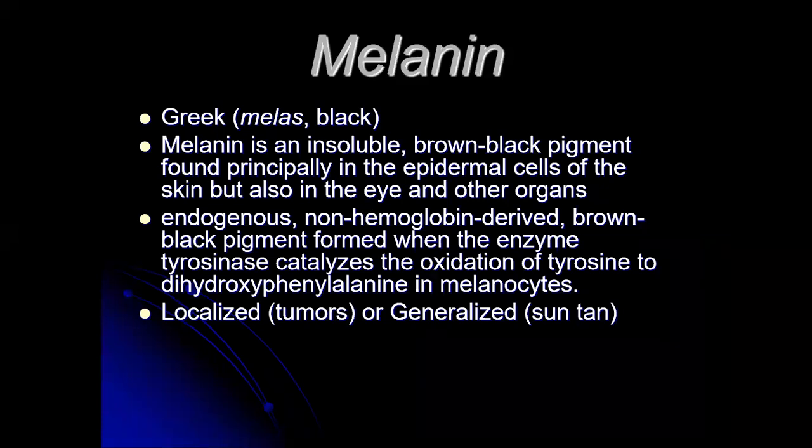So how do we form melanin pigment? During the process of oxidation of tyrosine to dihydroxyphenylalanine within our melanocytes, and you know melanocytes are on the basal layer of the skin, that process results in the formation of this so-called